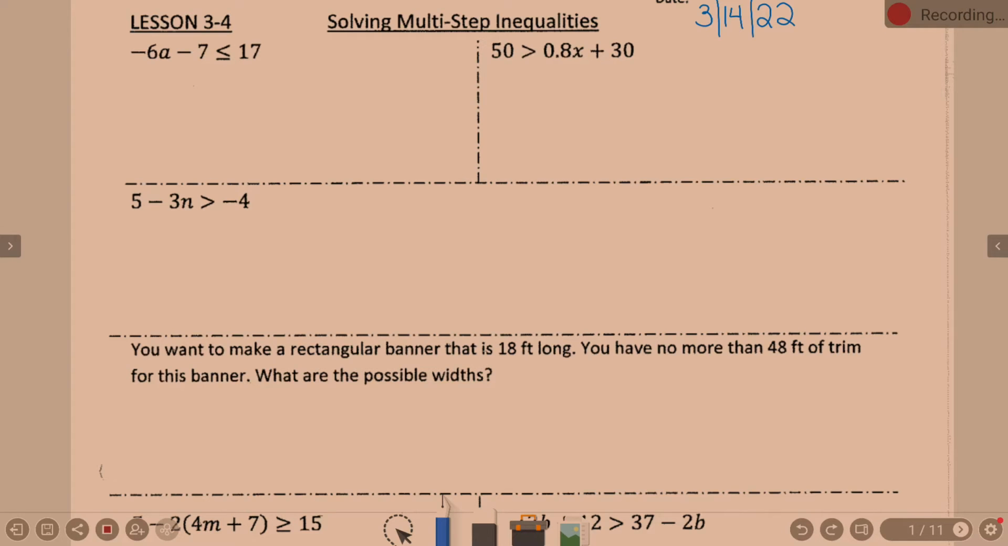We are solving multi-step inequalities. So as we solve multi-step inequalities,